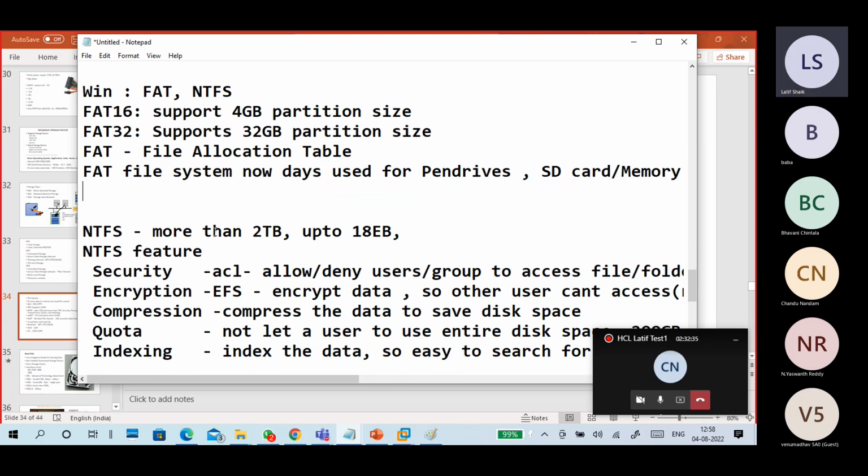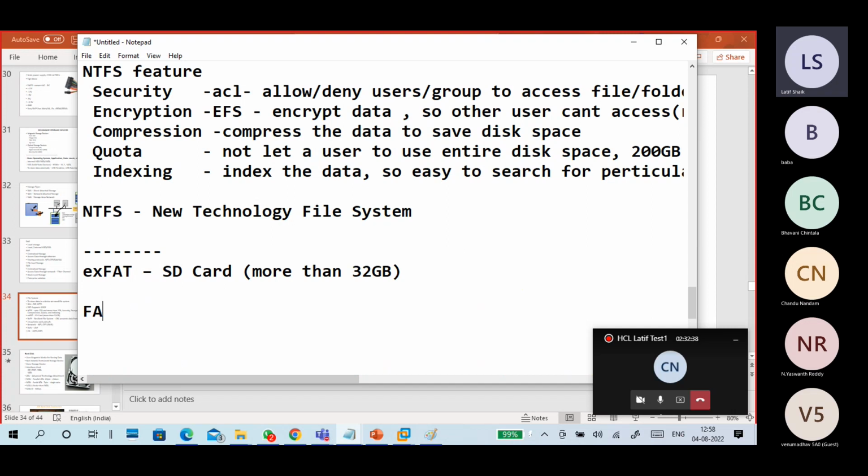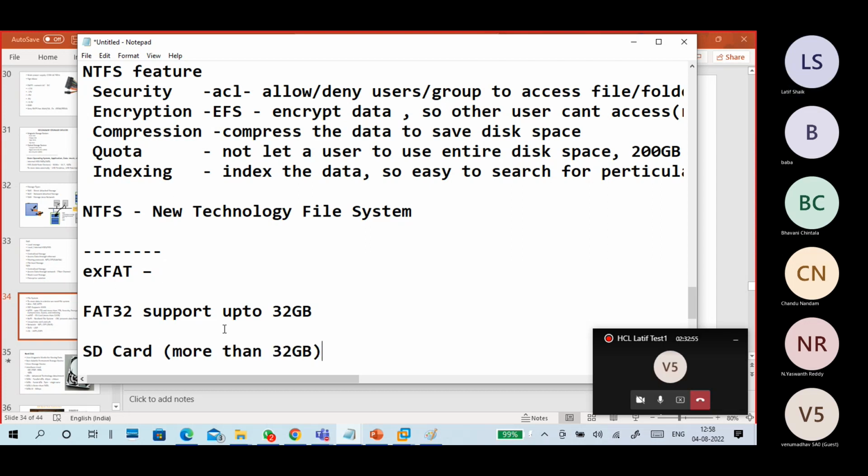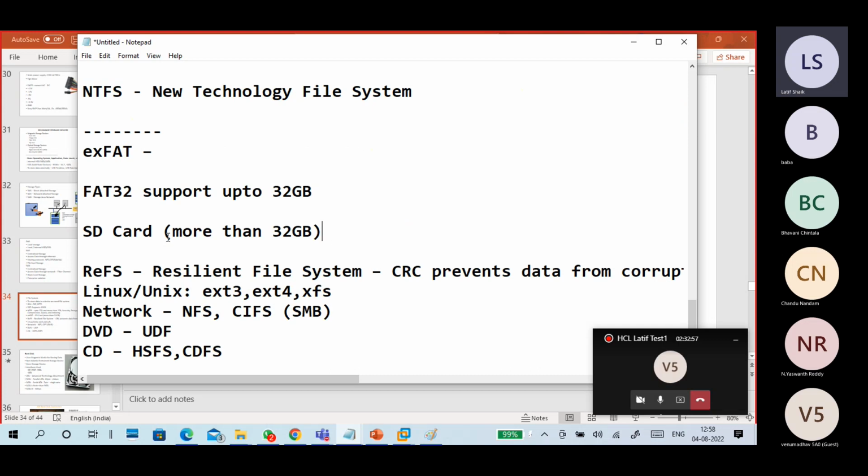But the problem is there. What is the problem? FAT32 supports up to 32 GB, but SD cards are available with more than 32 GB. NTFS, which we mostly use, is understood mostly by Windows only, but SD cards we use for